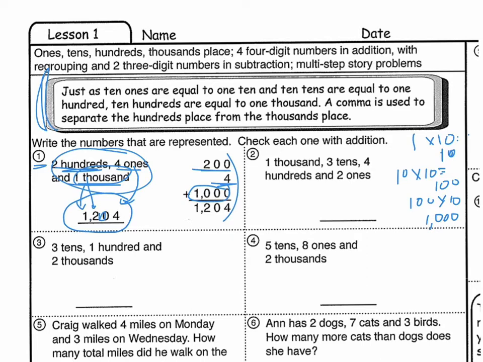Let's do number 2 together, okay? Keep the video running here. 1,000, 3 tens, 4 hundreds, and 2 ones. Let's start over here in the ones place. How many ones do we have up here? 2 ones. Write that 2 right there. How many tens do we have? Well, it says we have 3 tens. So I can write a 3 right there. And then we go to the hundreds place. How many hundreds do we have? 4 hundreds. Go ahead and put a 4 there. How many thousands do we have? 1,000. Put a comma